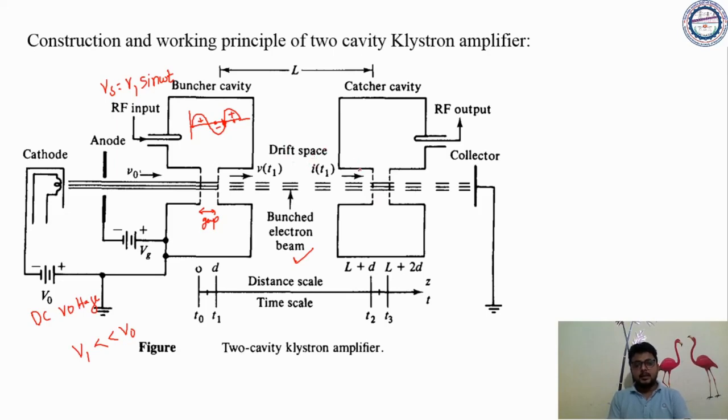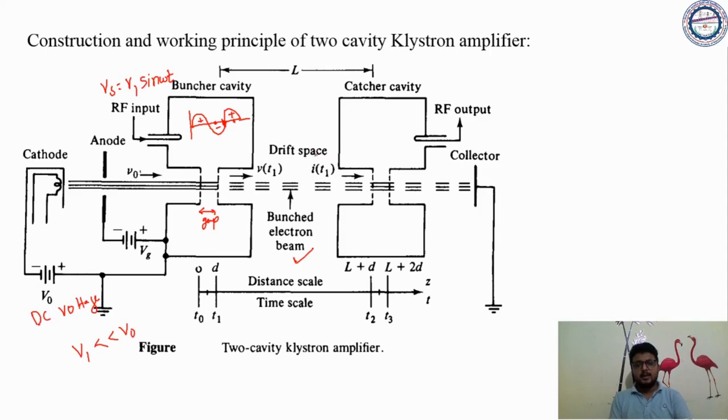Thus the kinetic energy is transferred from the electrons to the field of this cavity, and the beam passes through the catcher cavity and is terminated at the collector, and the collector will collect all the electrons, and this process continues. Now the density of electrons in the catcher cavity gap varies cyclically with time. So the electron beam contains an AC signal or AC component, and it is said to be current modulated.